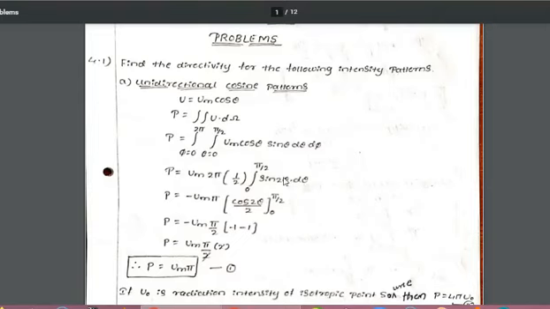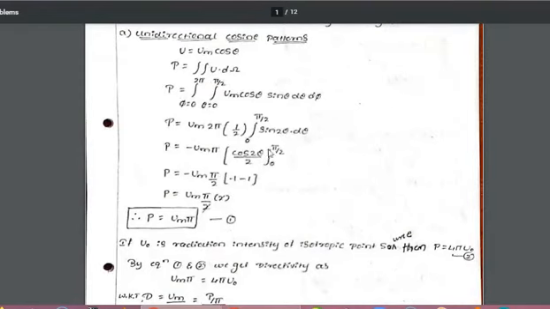You know the integration of sin 2 theta is nothing but cos 2 theta divided by 2, and the minus sign will come into the picture, right? So it is varying from 0 to pi by 2. In the previous step, the 2 gets cancelled, so you're remaining with only pi here.